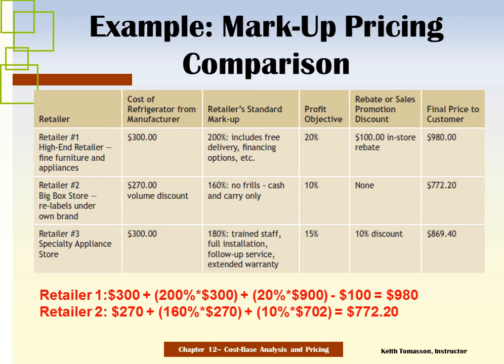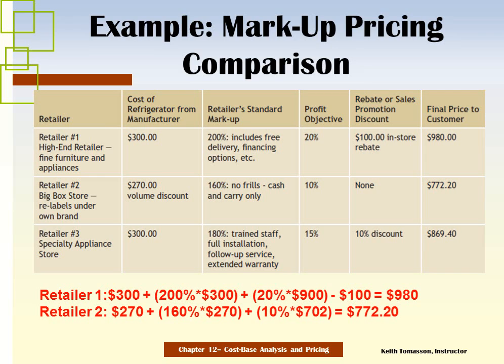for the same item. They have a standard markup of 160%. So 160% times $270, which is their cost from the manufacturer, is $432. So they've got a total cost now of $702. They've got a 10% profit objective times that $702, which is $70.20. So if we add all of those together, they're able to sell that same refrigerator for $772.20